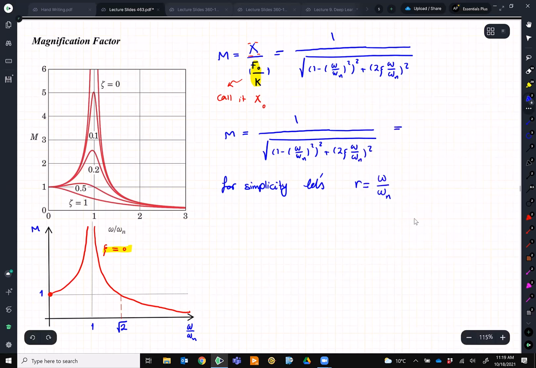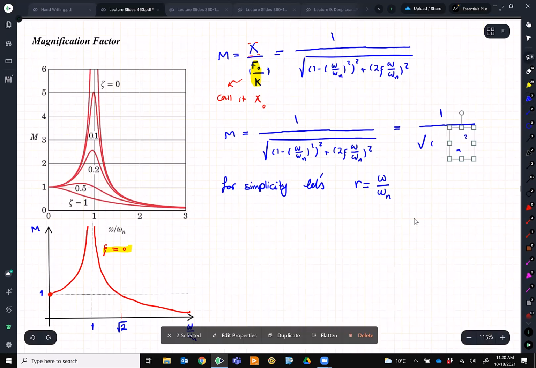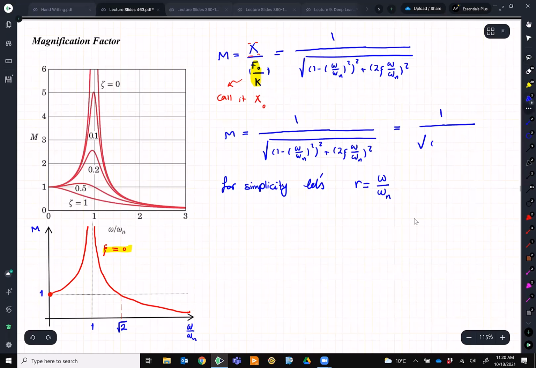So then M will be 1 over 1 minus omega over omega n squared. Sorry, this time it's going to be r, right? We are doing the whole thing to make it simpler. So it will be 1 minus r squared